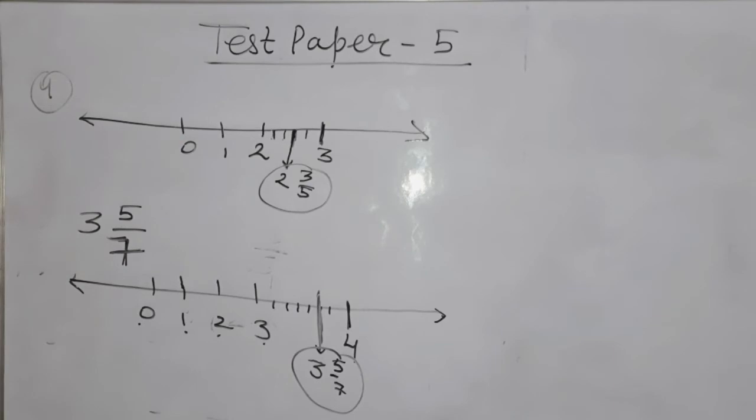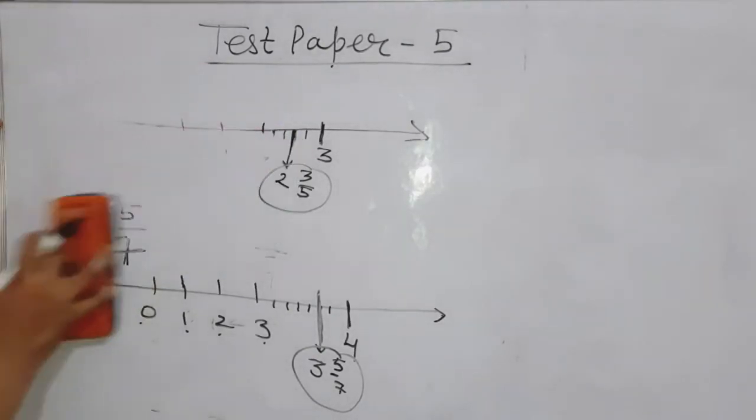Now coming to question number 5. Find the sum. In this question you have to add all the 3 fractions. The first step is to convert them into improper fractions. The second step is to take the LCM of the denominators and make the denominators the same. After making the denominators the same, we retain the common denominator and add the numerators. After adding the numerators, you will get a final fraction that will be your answer. Then you have to convert that fraction into a mixed fraction. So question number 5 is also your homework which you have to do in your maths homework copy.